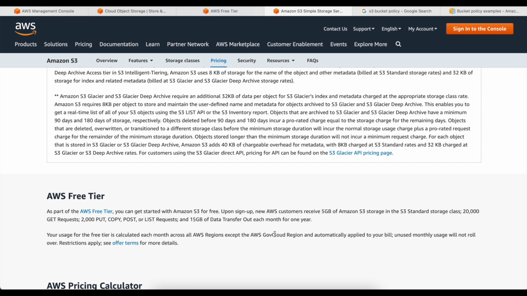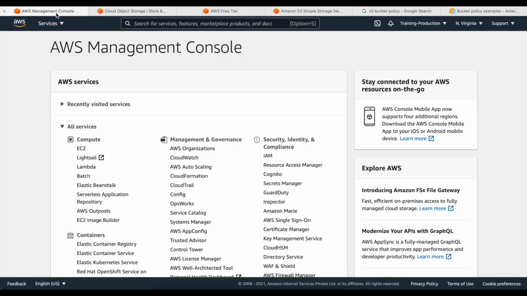Let's log into the AWS console and create our first bucket. If you already have a domain name, then we need to create this bucket with the same name. Else you can go ahead and purchase a domain of your choice via any domain service provider like GoDaddy, Bluehost or AWS, as it is also a domain service provider. Let's go to S3 now.